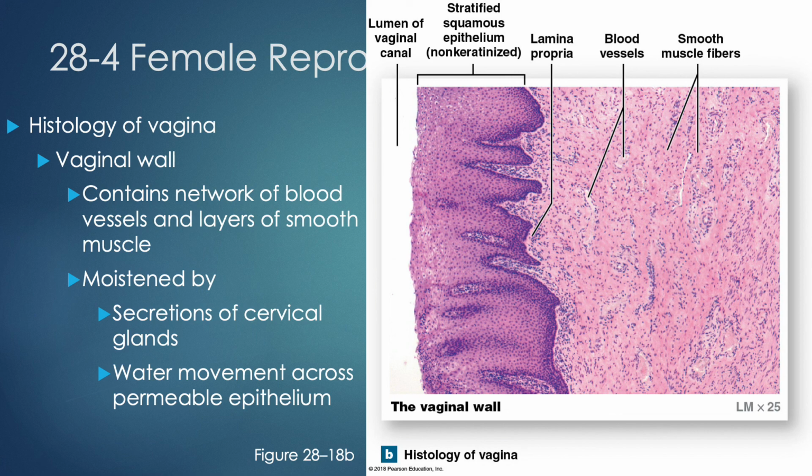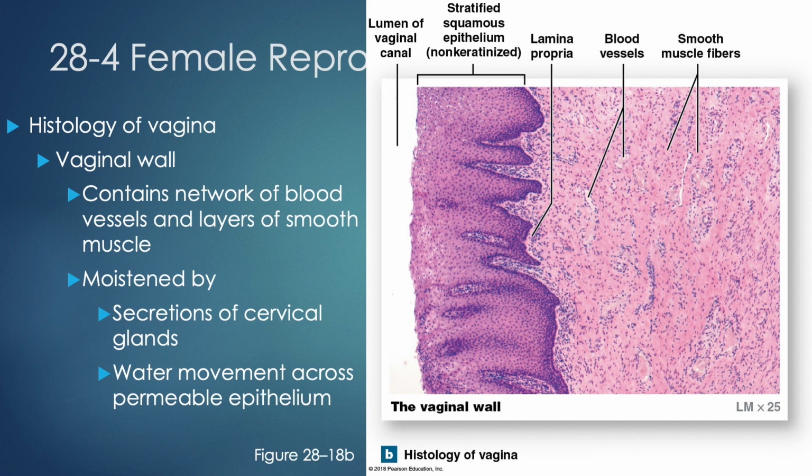Let's look at the histology of the vagina. The vaginal wall has a network of blood vessels and multiple layers of smooth muscle, and this is moistened by secretions from the cervical glands, as well as water movement across the permeable epithelium. So the image on the right shows you a light microscopy image of vaginal epithelium. So you can see in the far left, that would be the lumen of the vaginal canal, or the most superficial component of the vaginal canal. And then the dark purple part that we see is the epithelium. And you can see the darkest purple is that irregular line at the basement membrane of the epithelium as it meets the lamina propria. And then you can see there are multiple blood vessels within the smooth muscle just subjacent